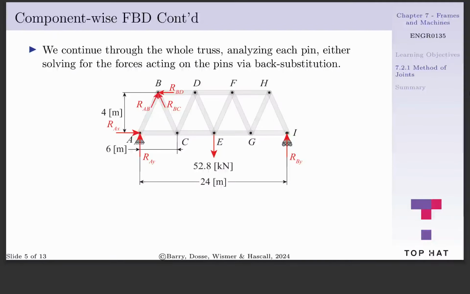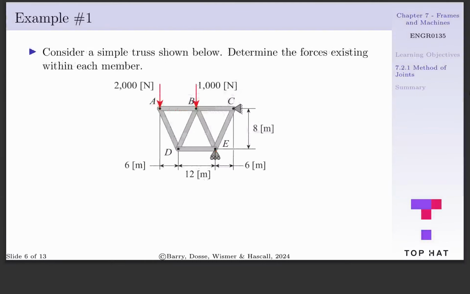moment. At pin B, RAB, RBC, and RBD are acting on the pin due to the forces of members AB, BC, and BD. We will continue through the truss, analyzing each pin and solve for the forces acting on the pins via back substitution. In example 1, we want to determine the forces existing in each member of the simple